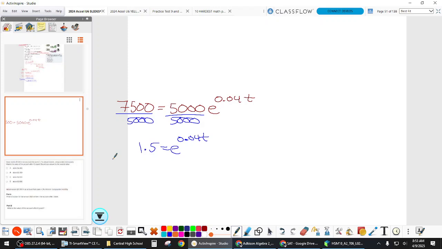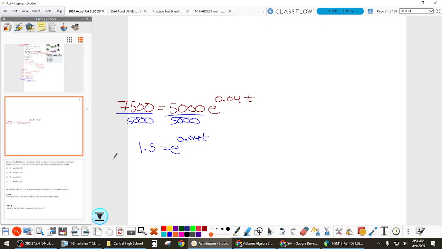You're multiplying 0.04 by t, so to get that undone you have to divide. Okay, so everybody's trying to go to multiply and divide, but this isn't that, right? This is